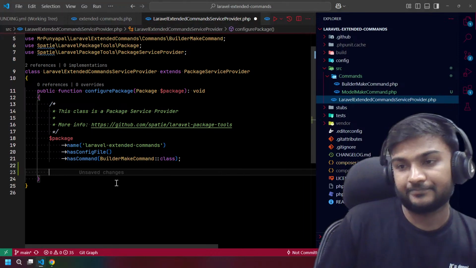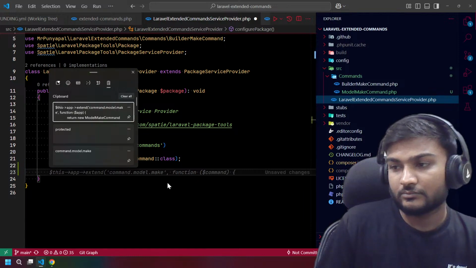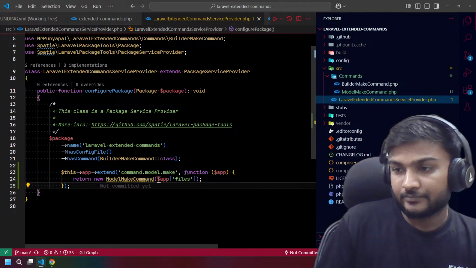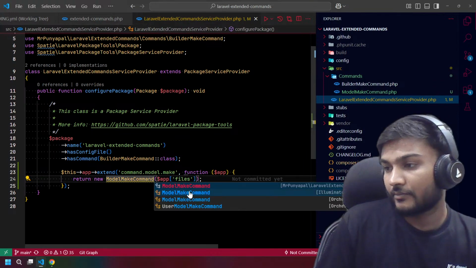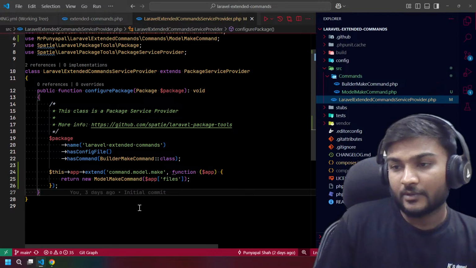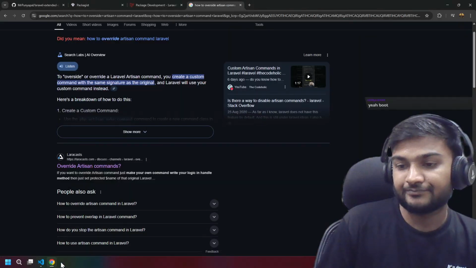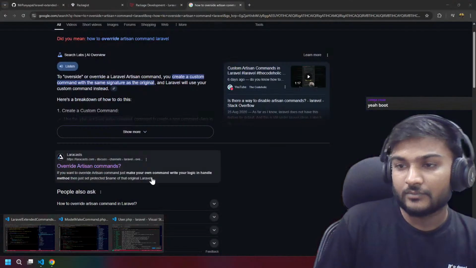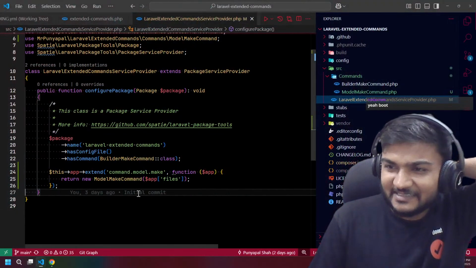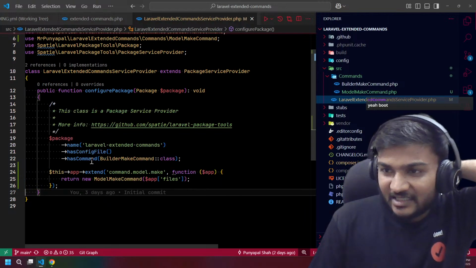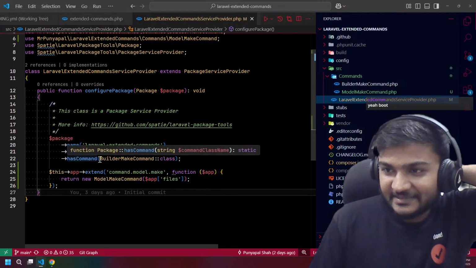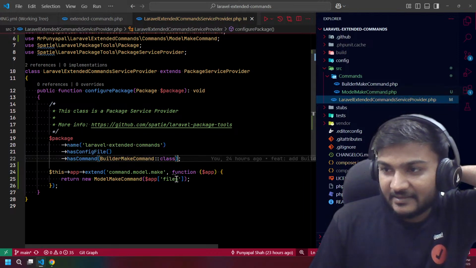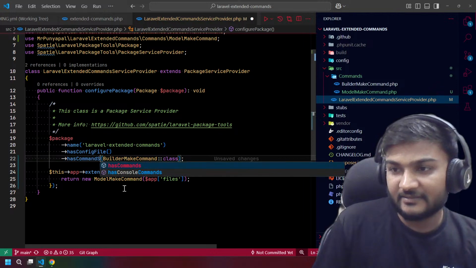Let's see. Hmm, interesting. So, is it gonna work? One more thing we are missing is actually, does it have commands?